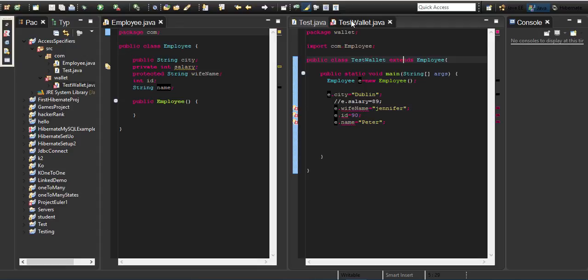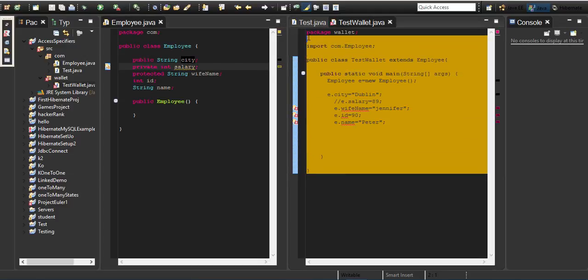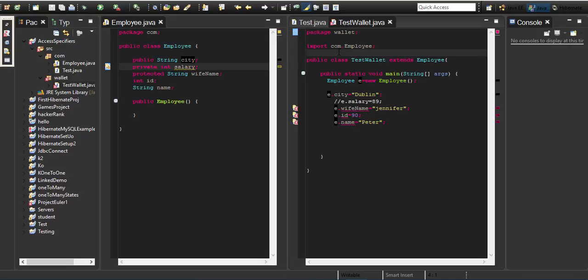Since this class test wallet and this employee are in different packages, this test wallet class will only be able to see, let's remove this first,